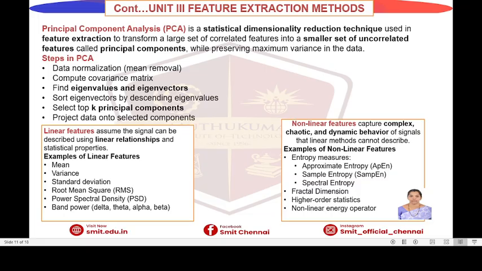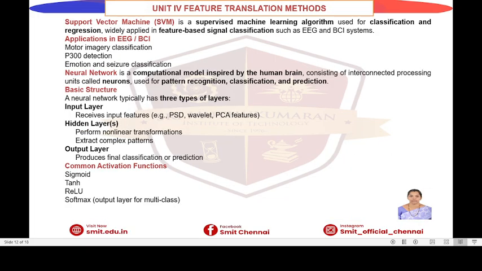What do nonlinear features mean? They capture some complex and dynamic behavior of the signal. Examples for this are entropy, that is approximate entropy, sample entropy, spectral entropy, and also fractal dimension, higher order statistics, and nonlinear energy operator. So the fourth unit consists of feature translation methods, that is the LDA, support vector machines, and